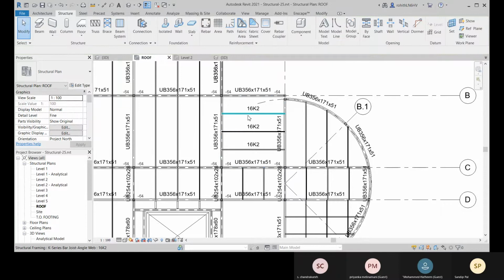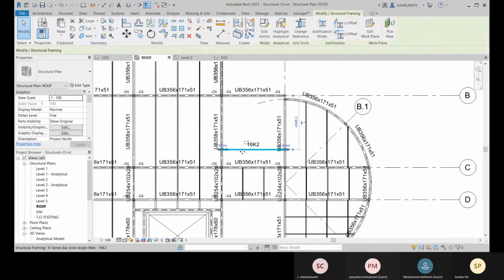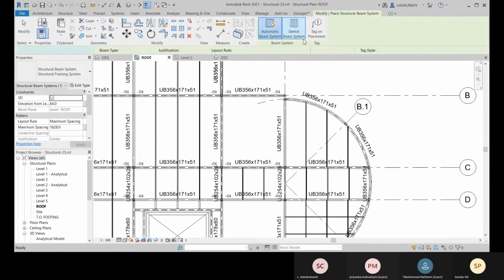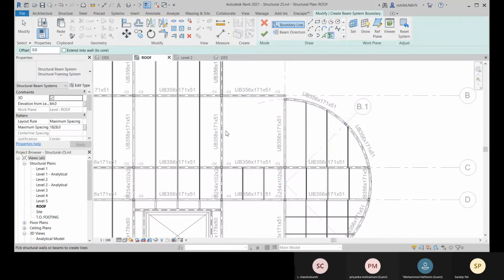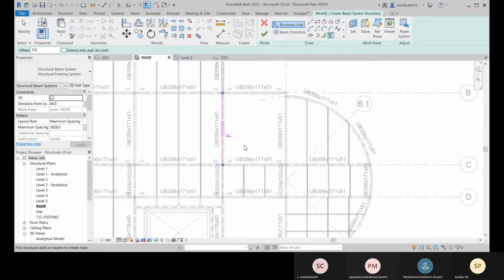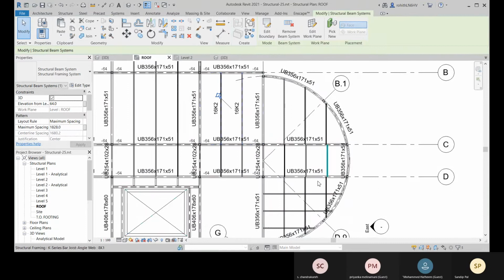So let me delete them. I go for that beam system again and sketch beam system. Now you'll be picking the support first. So I have showed you with the error first and then I'm correcting it. So let's trim this, and let's fix it. And now you can see this is right.